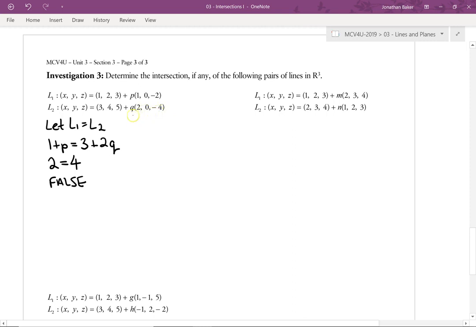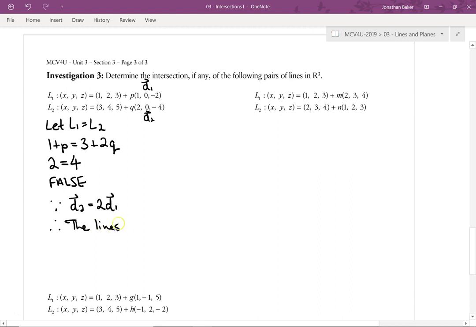So is that the case? Well, here we have 2, 0, negative 4, which is really just double this one. So if we called this one D1 and this one D2, we could say since D2 is really just 2 times D1, therefore the lines